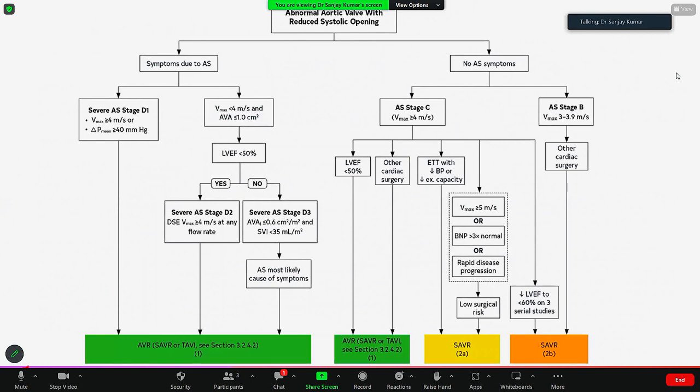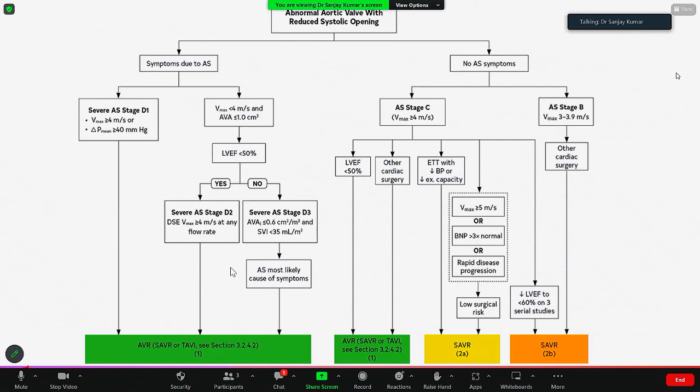Now, aortic valve. This is a procedure we are talking about in patients with aortic stenosis. The patient who is asymptomatic, or the patient who is symptomatic, if they have a severe AS, which is assessed with a Vmax of more than 4 or a pressure gradient of more than 40, then in that case AVR, surgical AVR or TAVI, both of them